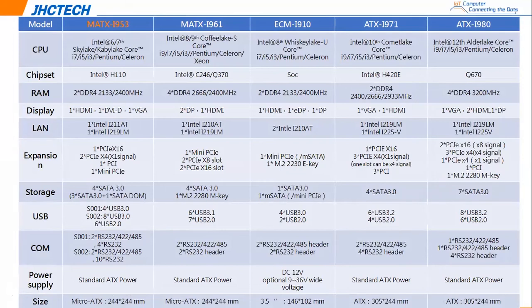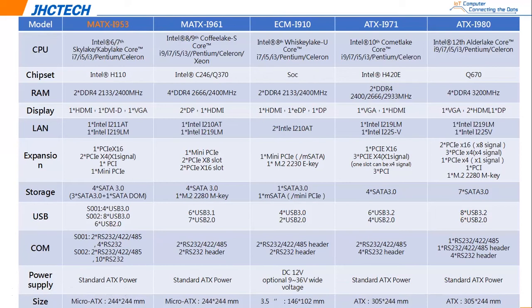This is our SBC series specifications. Now we have 4 standard motherboards: MATX i953, MATX i961, and EOM i910, ATX i971, and ATX 980. The last 2 are standard ATX motherboards, and i912 is a standard 3.5-inch SoC motherboard. And the first 2 are